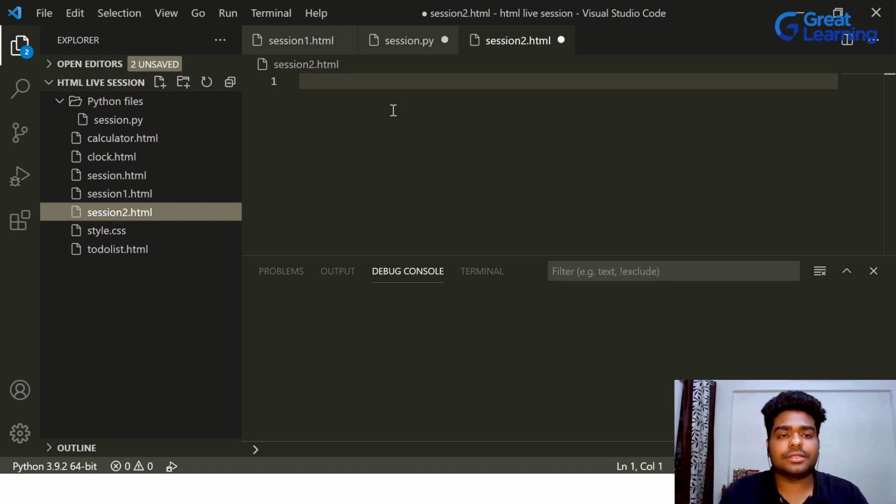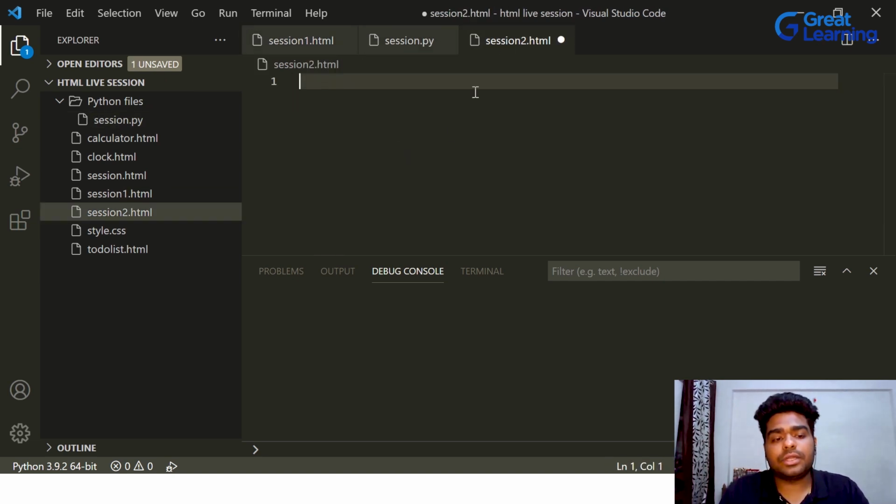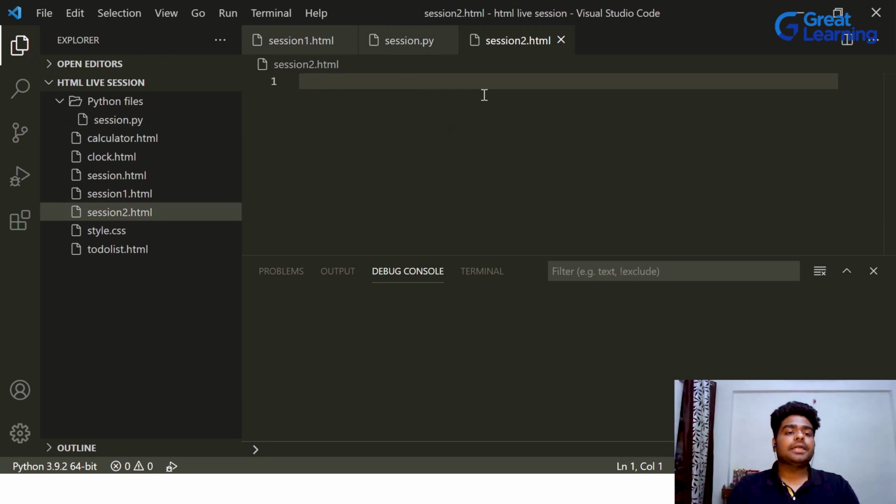Because my 2 files are there which are not saved in my console, in my platform. So if you can see here, there are 2 dots coming here in these 2 files. That means these 2 files are not saved. So I can save it. Once you save it, this particular thing will go away. Okay. Now,